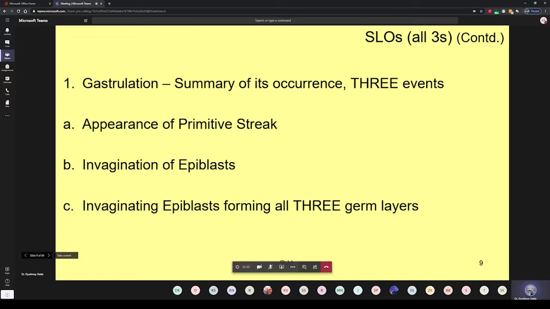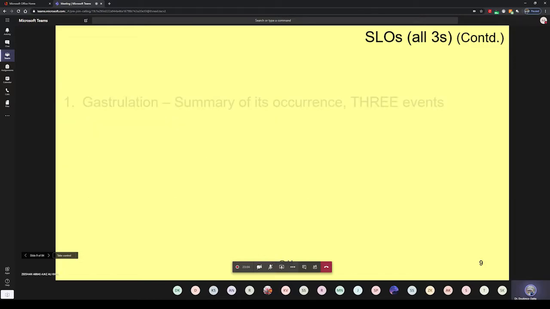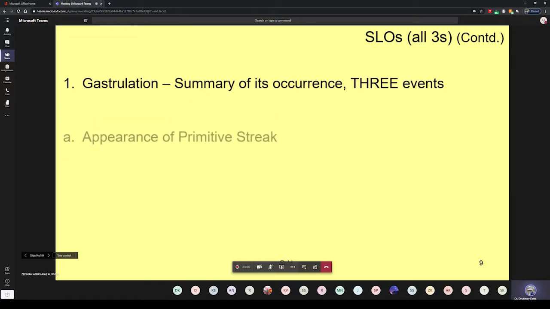Right. So let's proceed. Gastrulation, summary of three things. What are the three? Appearance of a primitive streak, invagination of epiblasts, and the invaginating epiblasts forming all the three germ layers. Kindly note here, these are all MCQs and short notes also. Gastrulation is a separate question, primitive streak is a separate question, right? And the epiblast itself forming all the